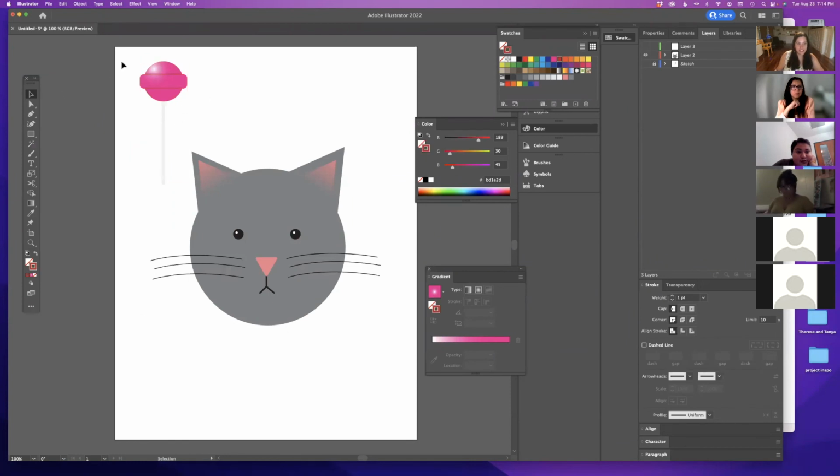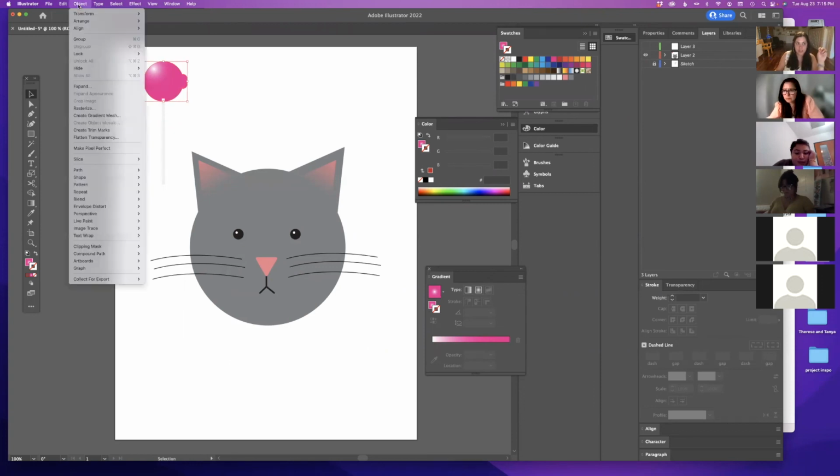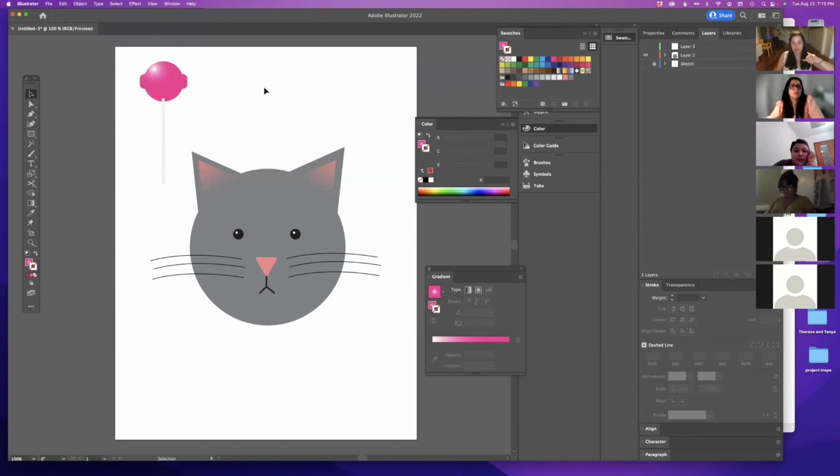So I get the selection arrow because the stick is on the top right now, and I want this to be in the front. So there are key commands for it, and it's shift command and brackets. So the brackets you can move things forward and backwards with, but you can also click on something, go to object, arrange, and send things forward and back. I am really quick with the key commands just because I do it all the time. So I'll try to make sure I say out loud what I'm doing.